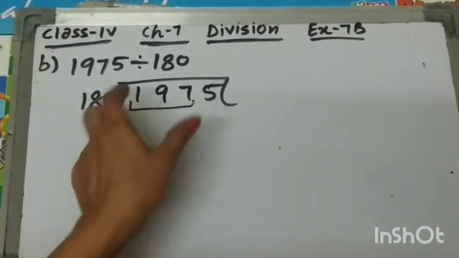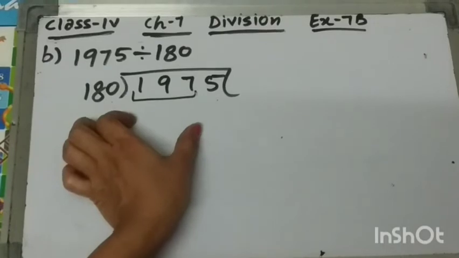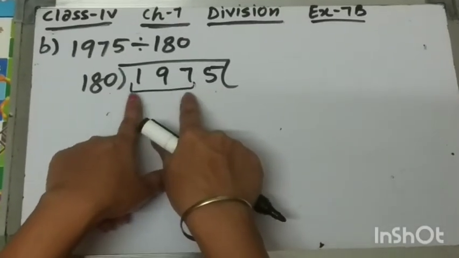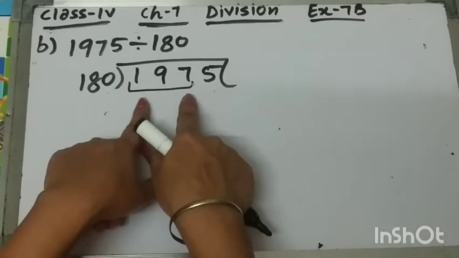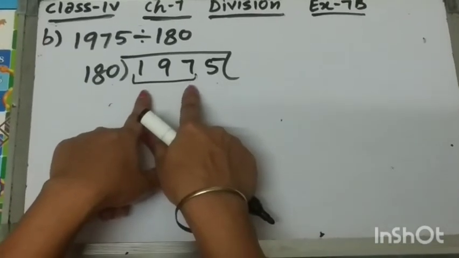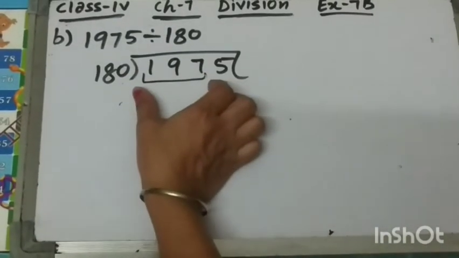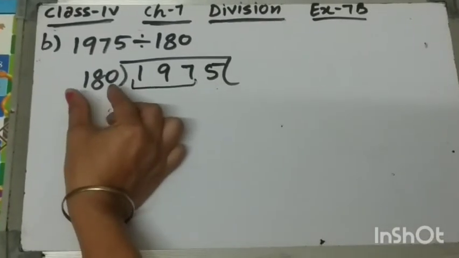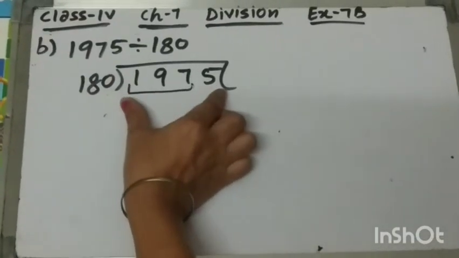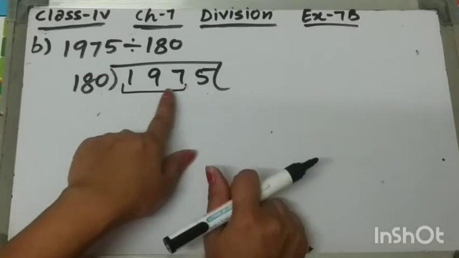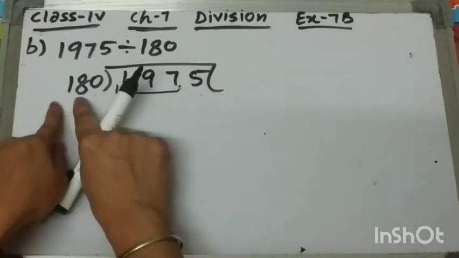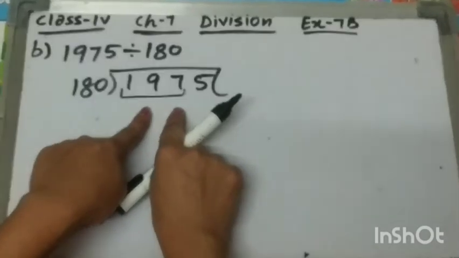डिवाइजर में 3 डिजिट है तो हम डिविडेंड की फर्स्ट 3 डिजिट्स चेक करेंगे, और अगर वो फर्स्ट 3 डिजिट्स इक्वल है या फिर ग्रेटर है तब तो काम चल जाएगा. बट अगर हमारी जो ये फर्स्ट 3 डिजिट्स हमारे डिवाइजर से छोटी आ रही है तो हम फर्स्ट 4 डिजिट्स चेक करेंगे. ओके, इस केस में हमारा जो है ये 3 डिजिट्स इससे बड़ी है, हमारे डिवाइजर से बड़ी है. सो इट्स ओके.